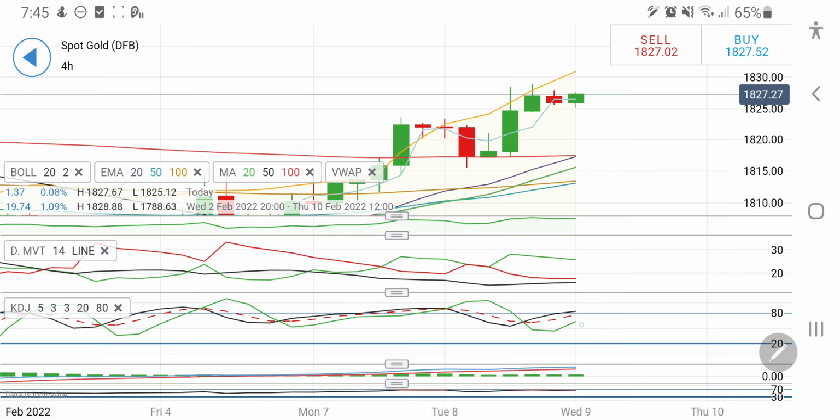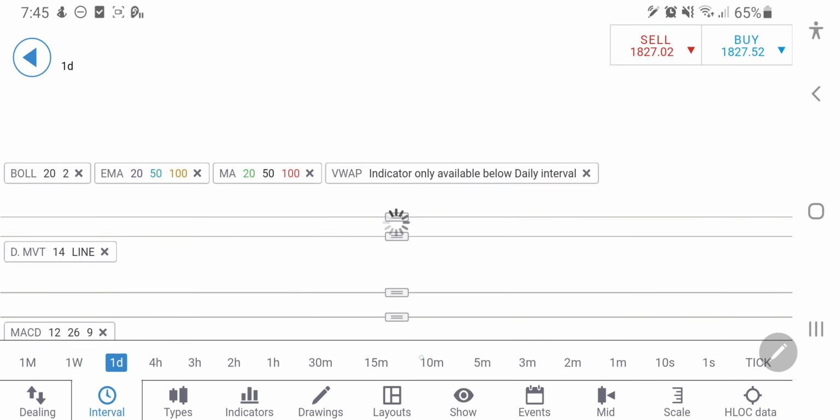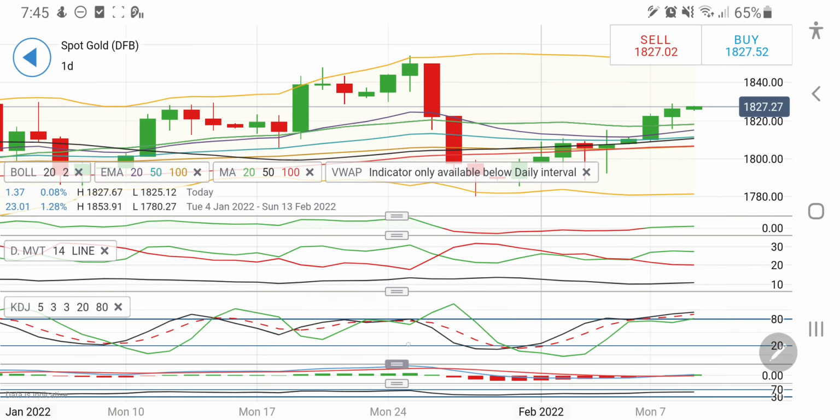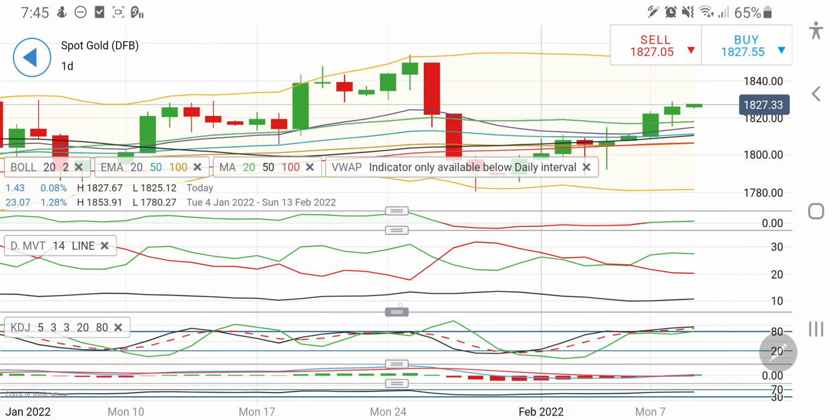Look at the daily 4-hour chart. It is still overbought and hence can drop a little before trying to rise. Now look at the daily charts. The stochastic on the daily charts is extremely overbought and hence gold needs to break a little. That is what we can say, that gold needs to break a little. Maybe today it sees a rise and then tomorrow and day after tomorrow it tries to break. That is also one of the probabilities. So after achieving a high at 1837.38, you can expect it to drop a little. That is also very much possible.